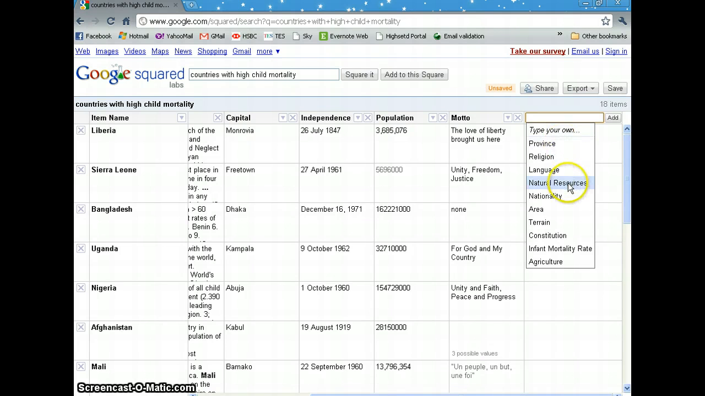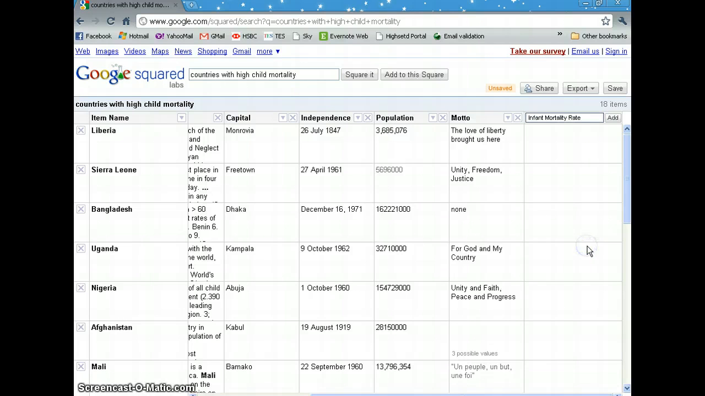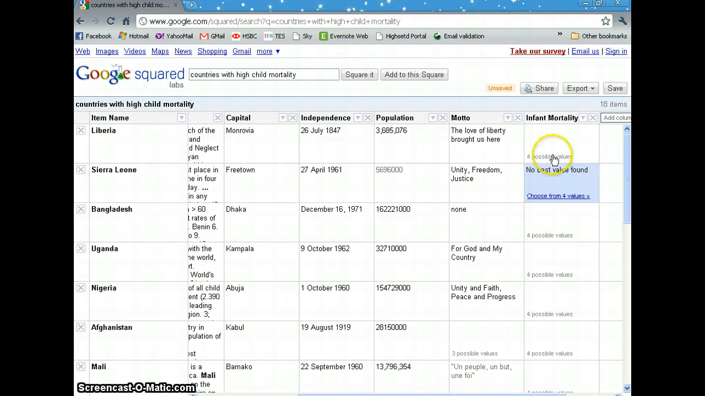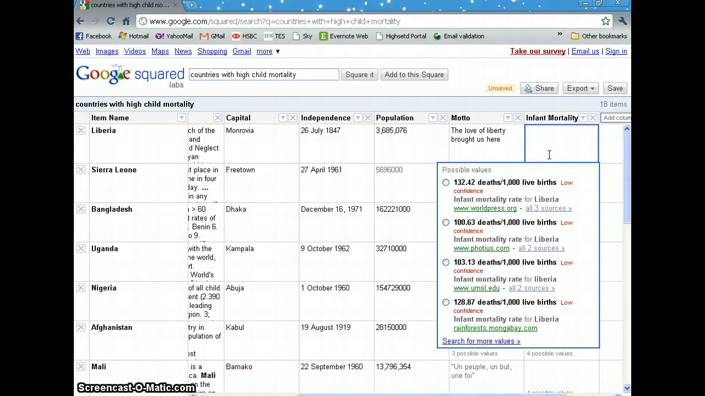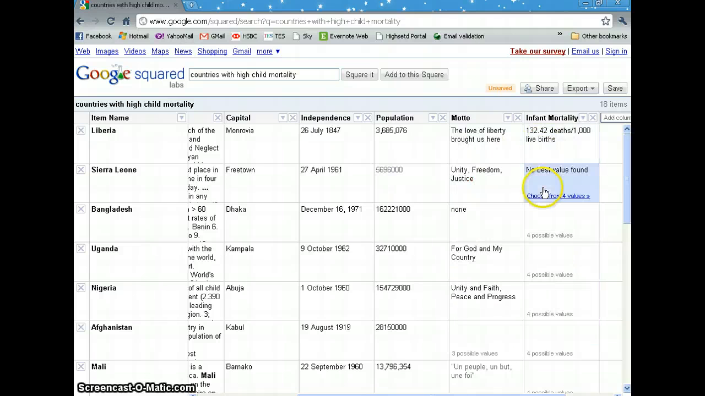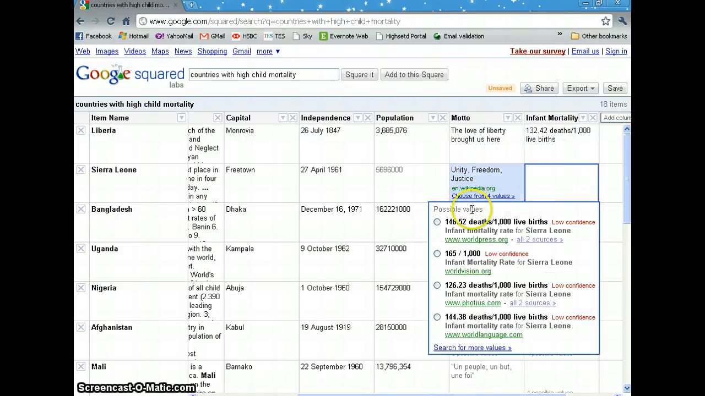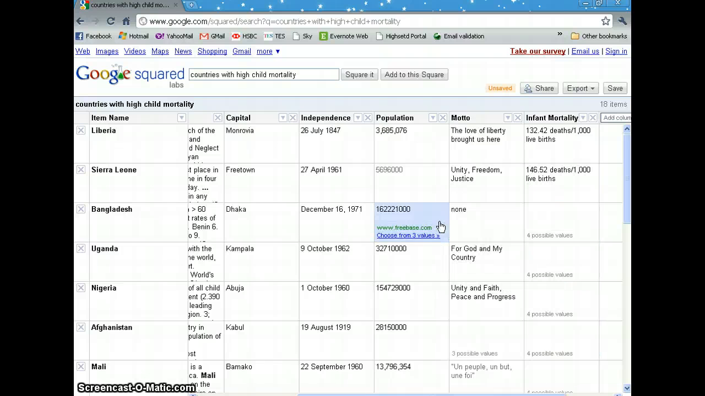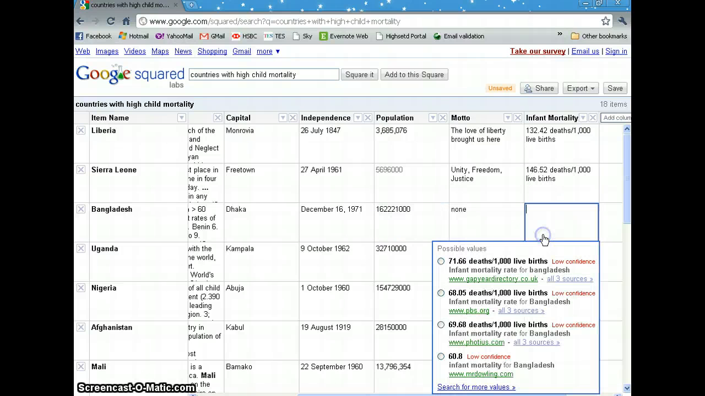Now what's really interesting here is if I go to add a column, it's going to suggest some other examples. So obviously I want to look at the infant mortality rates. Now for some of these it becomes unsure because the places on the internet will disagree. So you can have a look at different sources and you can pick one. So for example, worldpress.org is likely to be quite reliable, so I'm going to put that value in. And then I'll be consistent, so I'll stick with worldpress.org. So you can draw a comparison